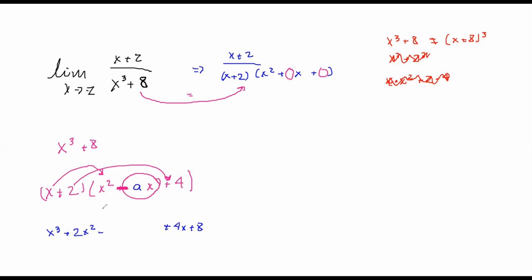Good. 2x squared plus 2x squared. Now we need minus 2x. Ax squared plus minus 2ax. I missed that x squared there. Plus 4x plus 8. So what we can do is we know that this is equal to x cubed plus 8. All right. Everyone knew how we got here, right? Yes. Okay. Because I think I just about solved it. Did it. Woo!